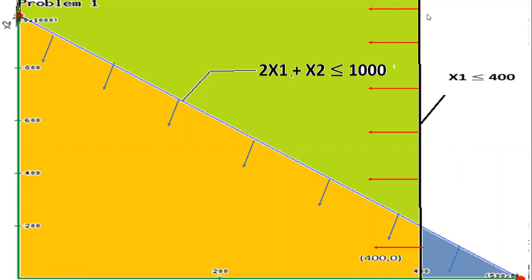So the second equation is x1 is less than or equal to 400. So this will be parallel to your y-axis. So this is the region. If I take any point behind that line, again I'll take 0, 0. 0 is less than 400, so it satisfies. When it satisfies the condition, it will be towards the origin, otherwise it will be away from the origin. So my region will be, for the first line, below this inclined line. Again for the second one, it is towards the origin. So my common area will be the one which is in orange.